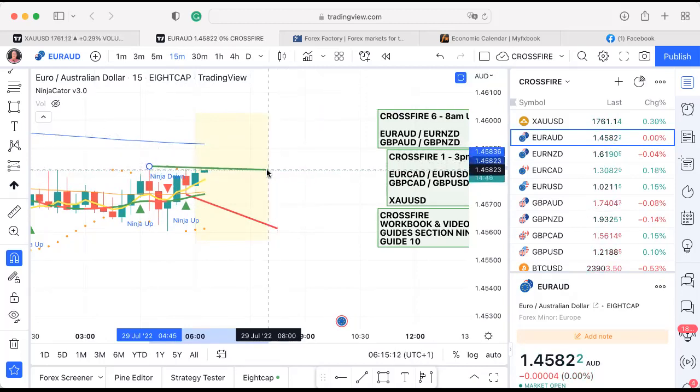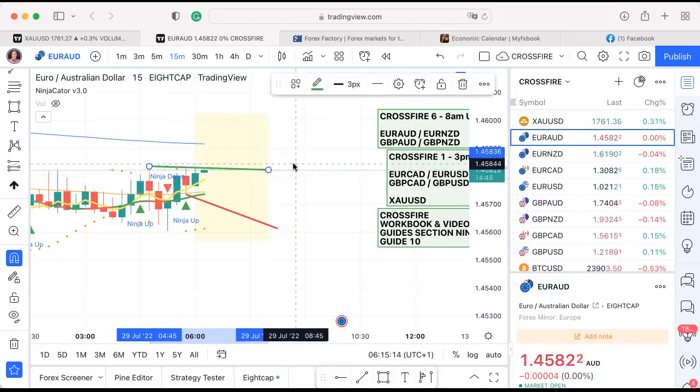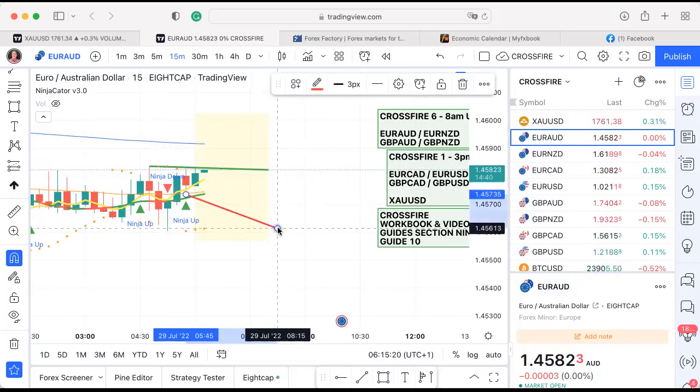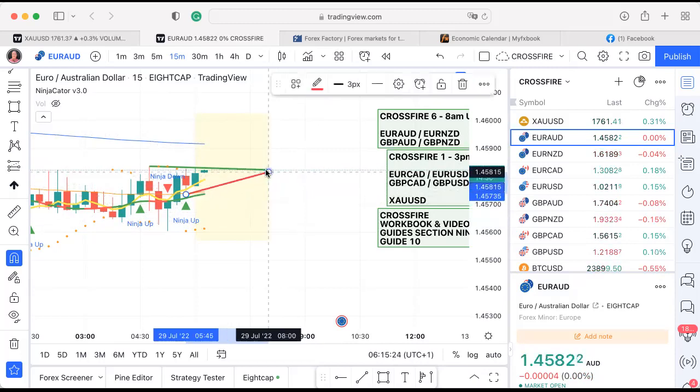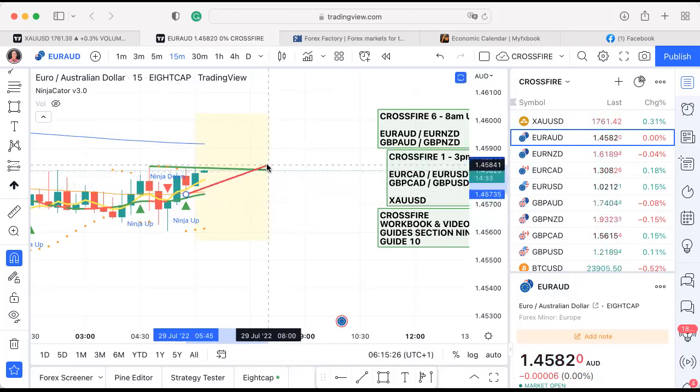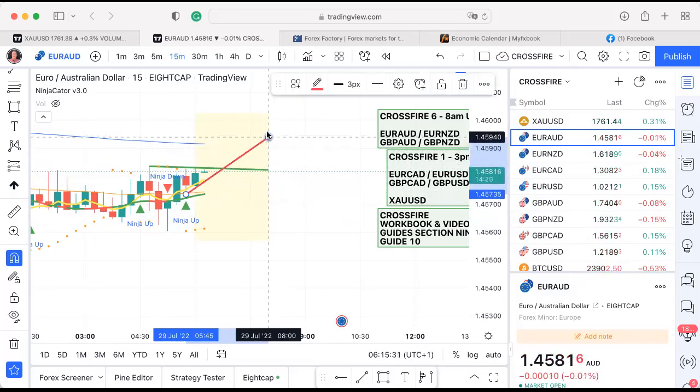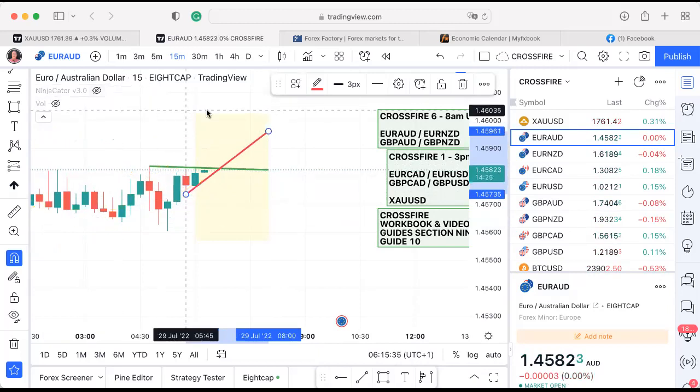As I say, it's not crucial, but that way I've now got a slight downward angle on the trend line. But I just feel more comfortable with a downward angle on the green trend line and an upward angle on the red trend line. That sort of satisfies me. So what I'm doing with this line here, I'm going to take the indicator off for the time being. It just confuses things.